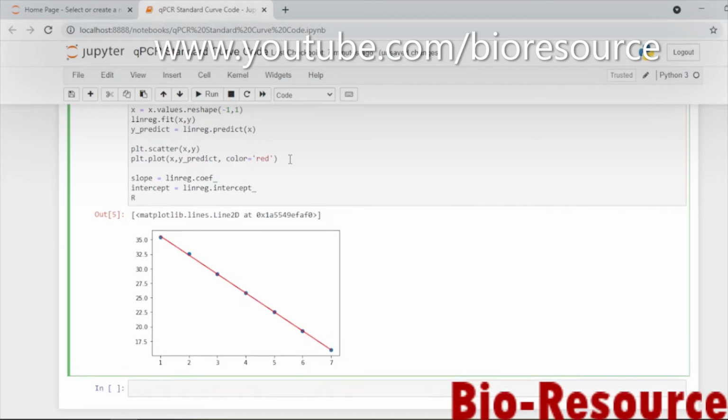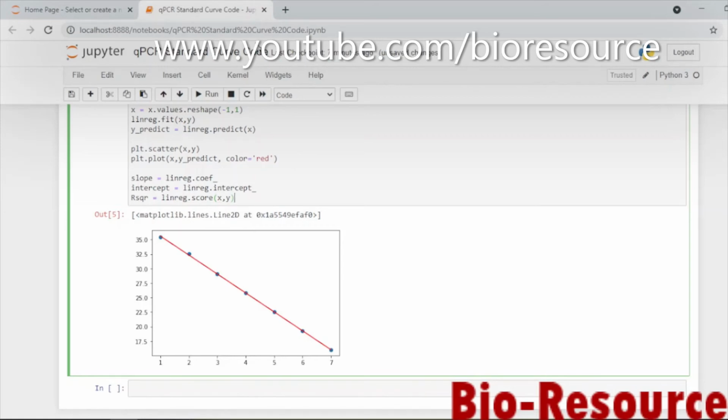For the r square value, line reg dot score of x and y, x comma y. So this is the code for the r square value.